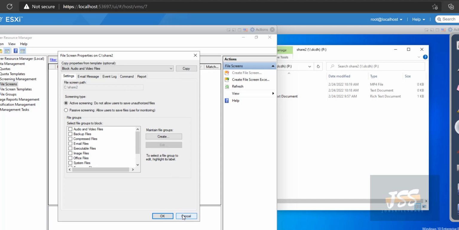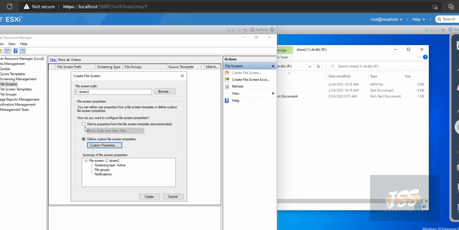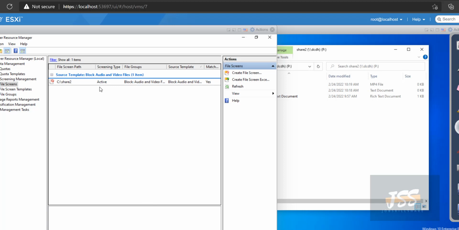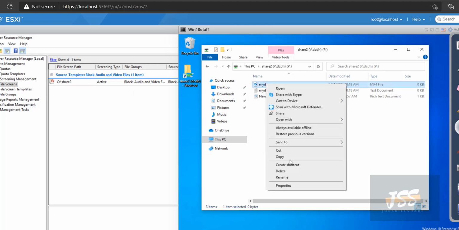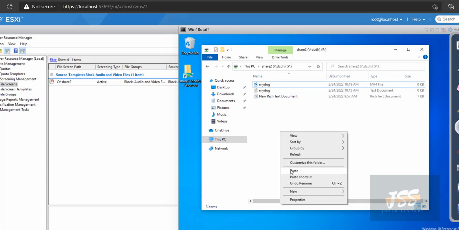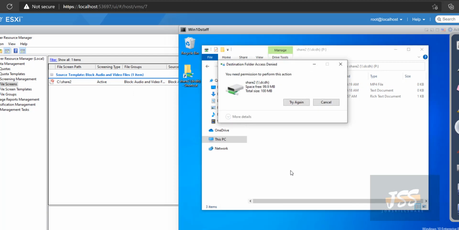They have some good lists out there in public that can be updated automatically. I think I have a video of that on YouTube. If I click on this device, block audio and video file, and I create a share on this, a screen, like a protection, right? So this file is there, that's fine. If I copy that, it won't let me do that